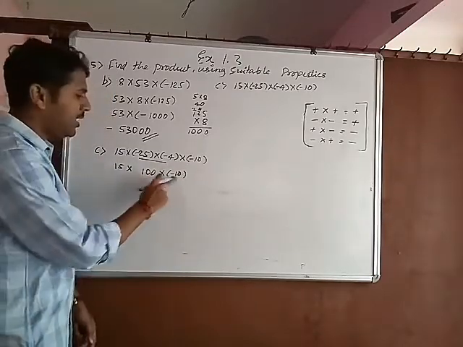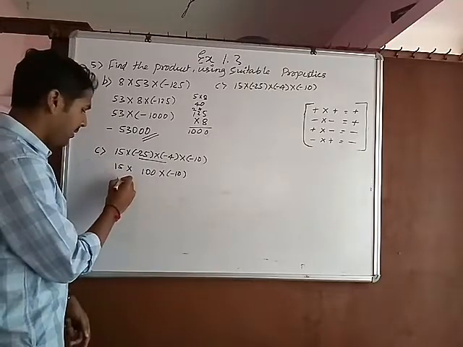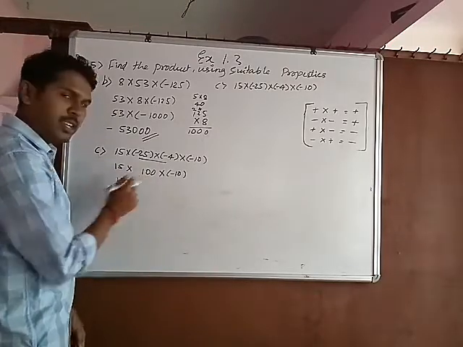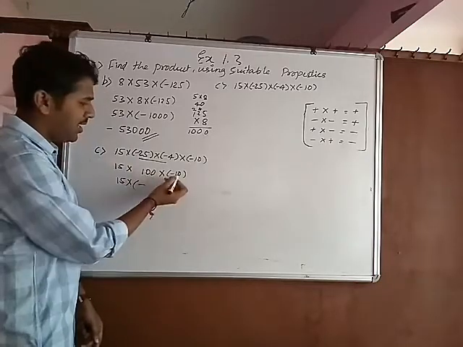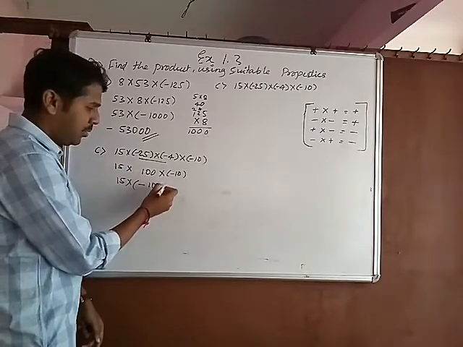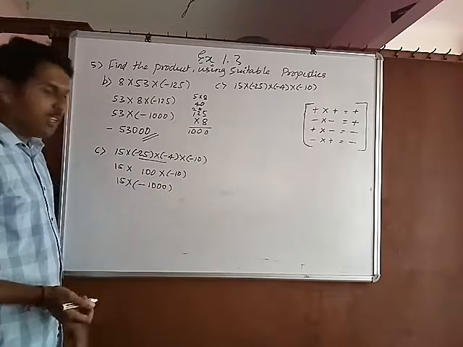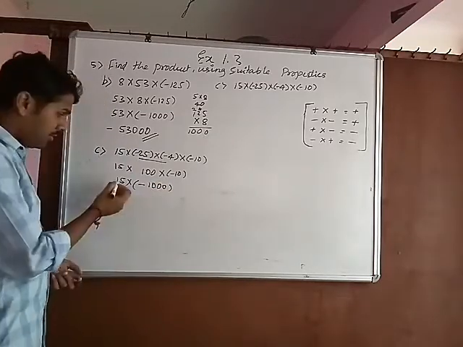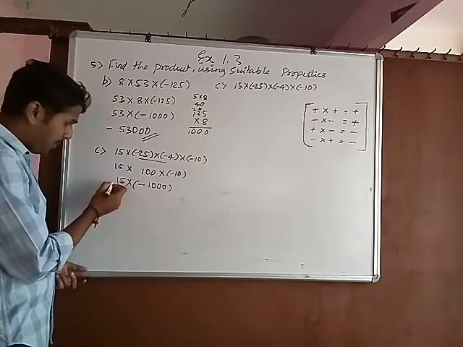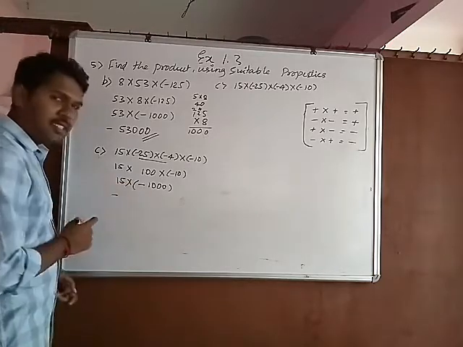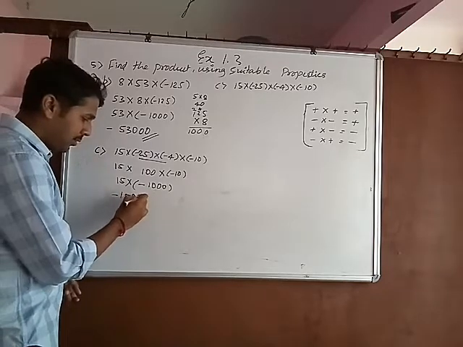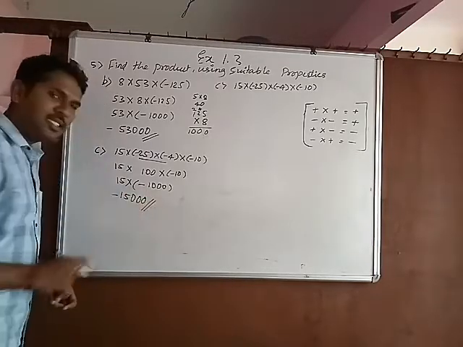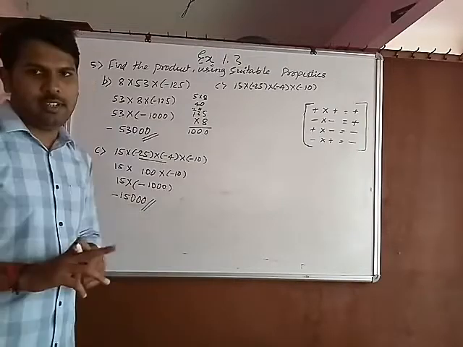Next multiply 100 into minus 10. 15 as it is. Plus into minus, minus 100 into 10 means 100 ones are 100. Remaining 1 0. Now multiply. It is easier, no, multiplication. 15 into 1000, plus into minus, minus 15 into 1, 15. Remaining 3 zeros. Answer is minus 15,000.